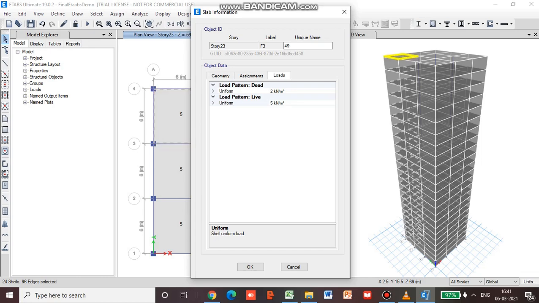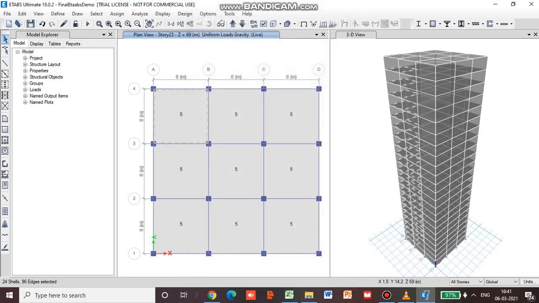So often in big commercial buildings, we usually take a plan, and the live load is not uniform, but it depends upon the kind of occupancy of the room, and we have to select each shell, and then assign the live load, which depends upon the type of occupancy in that room. So here for simplicity, we have assigned a uniform live load of 5 kilonewton per meter square over the whole floor area. We will go for OK.